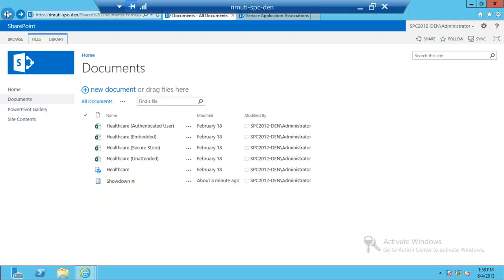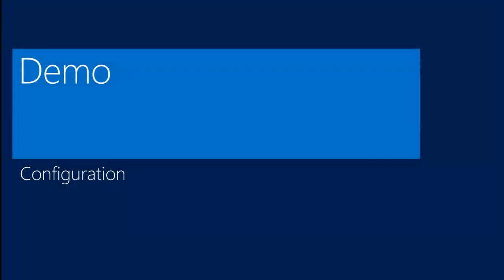So let me switch back to my slides here. It might look like we've got everything working, right? We got classic reports working. We've got standalone Power View reports working. We've even got Power View sheets in Excel Services working. So what could possibly be left? Well,